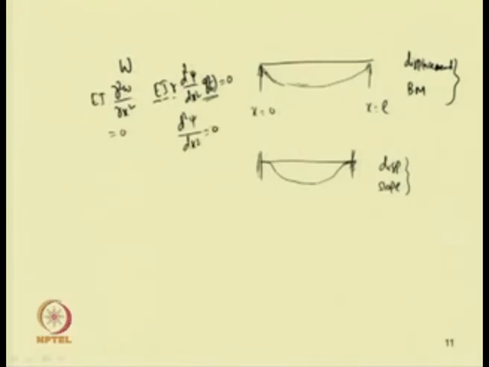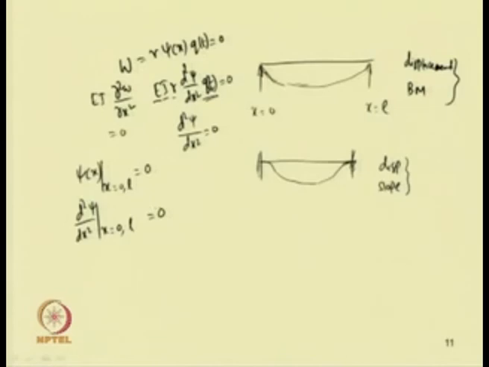That means, in case of the simply supported beam, W equal to R psi x into Q t equal to 0. For all time Q t will not be equal to 0, R also will not be equal to 0. So, in this case psi x will be 0 and d square psi by dx square also will be 0. So, for the simply supported beam, psi x at x equal to 0 and L will be equal to 0. Similarly, d square psi by dx square at x equal to 0 and L will be equal to 0.